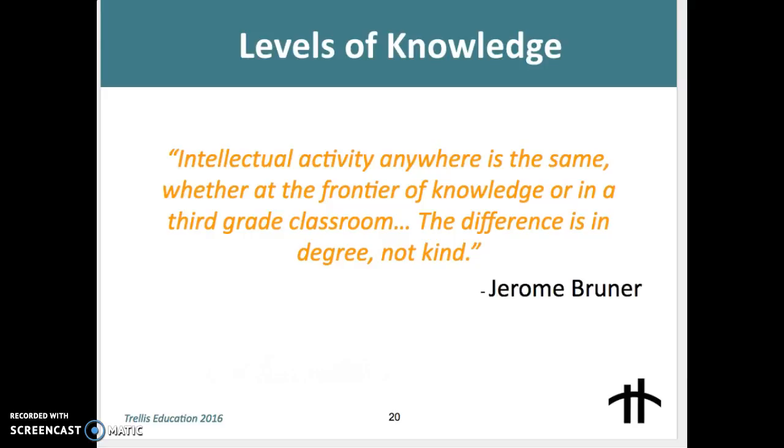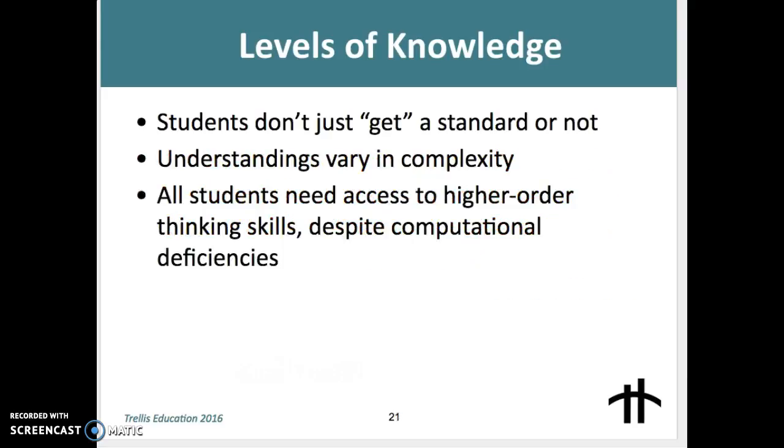The difference is in degree, not kind. Students don't just get something or not. Understandings vary in complexity, and all students need access to higher order thinking skills, despite computational deficiencies that are often